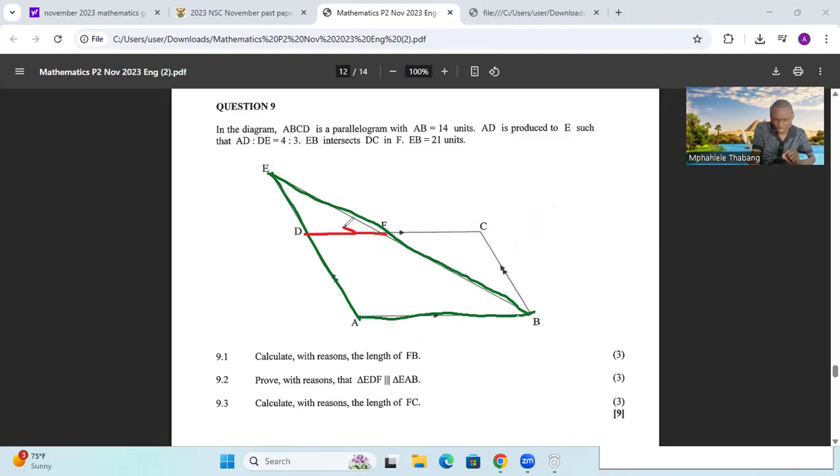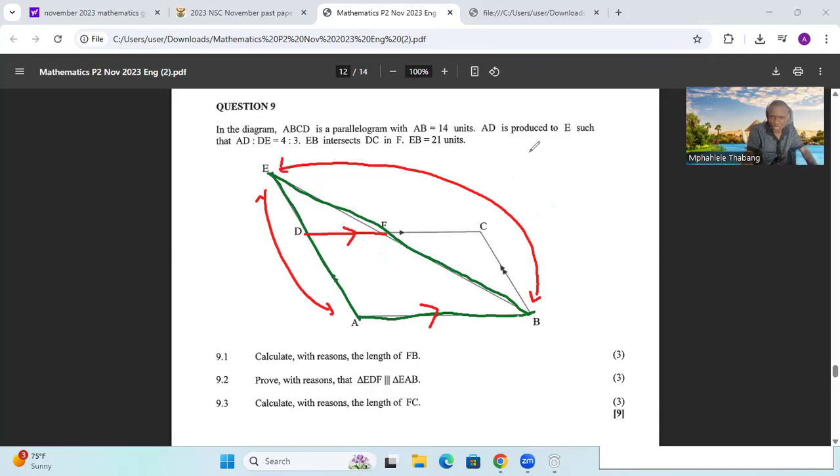So this is parallel to this. It means the two other sides, EA and EB,